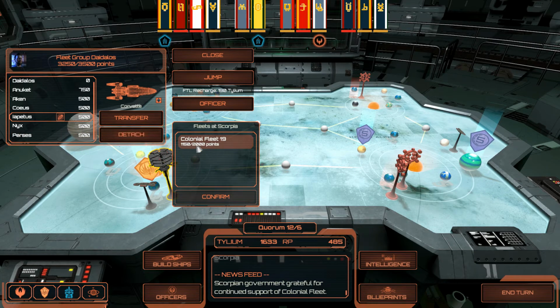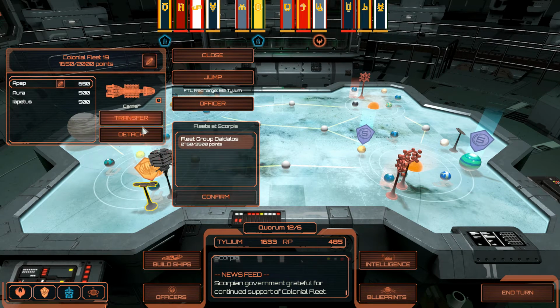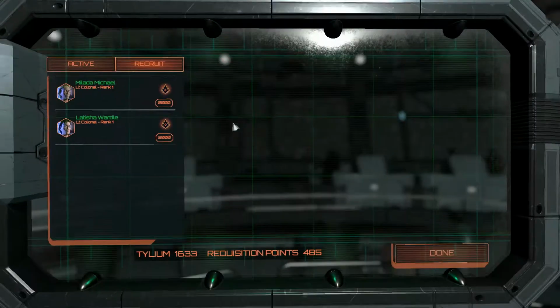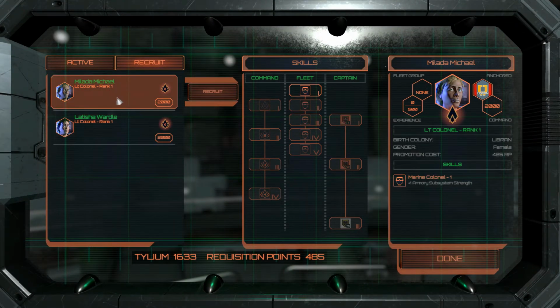So Lepitus, you're gonna leave that and join that squad. The Berzerk is gonna go with Daedalus. Yeah, that's a little bit better as far as the fleet points. Not perfectly optimized, but we can fix that soon enough. And we got 2 more officers to get. So